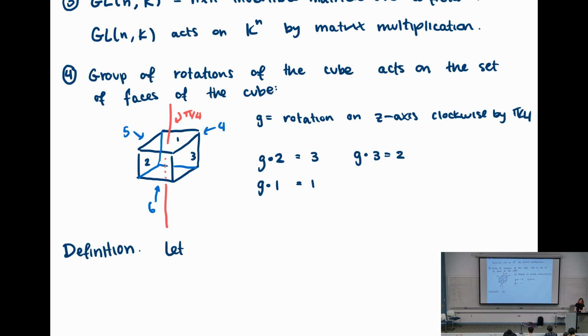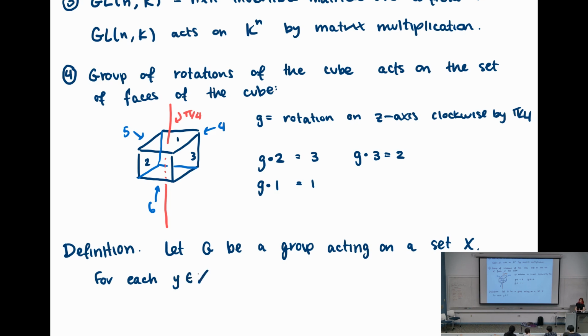So let's let G be a group acting on a set X. Then for each, and I'm going to call the elements of X y because I feel like it can be hard to differentiate between little x and big X. So for each y in X, we'll let